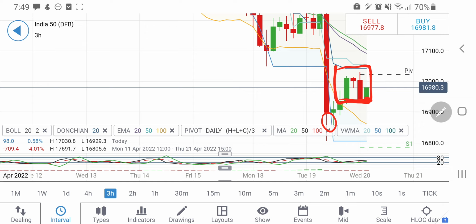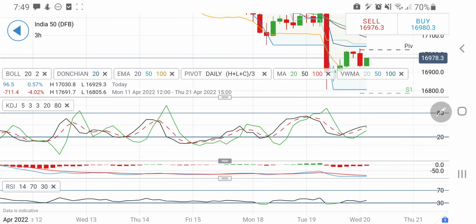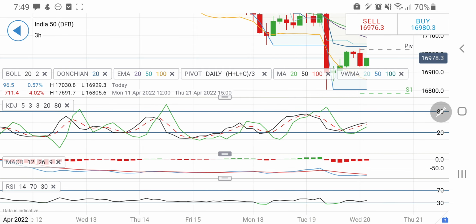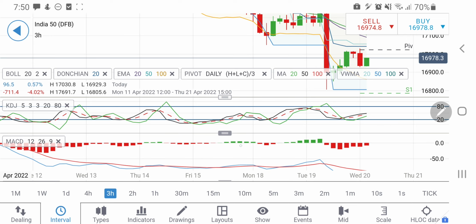Above 17,050, the target is 17,100, which is going to be a fairly strong support-resistance zone in any upside move. And on the downside, there is a strong support at 16,900 also. So between 16,900 and 17,100, we have to remain cautious. Below 16,900 we can expect it to drop nicely towards 16,800 levels, which is going to remain a fairly strong support level. 3-hour stochastic looking upwards,